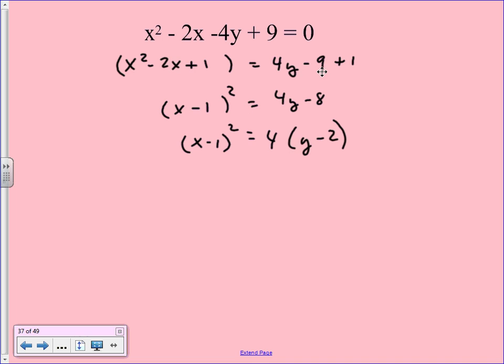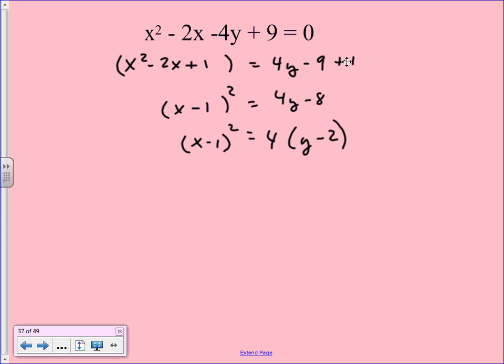Let me caution you over here. I have students, and they do it on the test and quiz. They go ahead and try to take out the 4 in front of this y too early. Please wait until you complete the square, get the term over there, combine them, and then start taking out something, okay? So you see we added negative 9 and 1 and got negative 8, and now a 4 will come